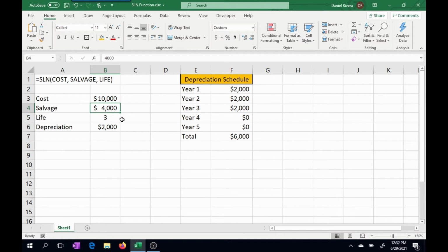So the formula we have here has been executed. And what I wanted to show you here is the SLN function based on these parameters. But what I can do is show you this from scratch. So I'm going to put here the